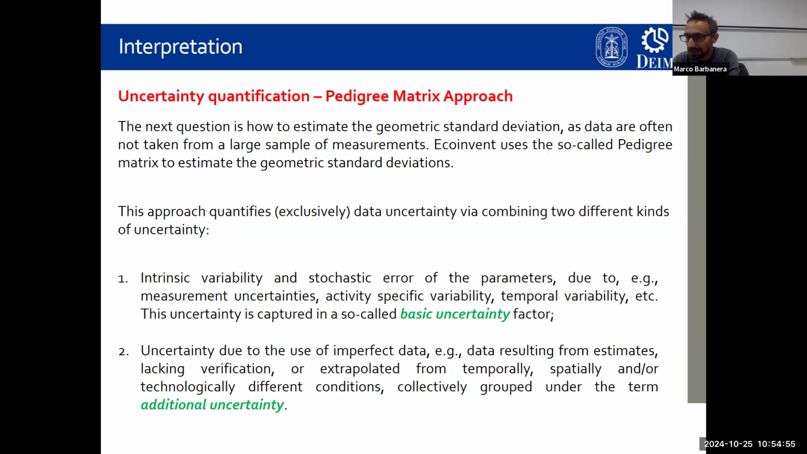Instead, the additional uncertainty takes into account a different form of uncertainty. In this case, we refer to the uncertainty due to the use of imperfect data, for example, data resulting from estimates, or extrapolated, for example, from temporally, spatially, or technologically different conditions, and so on. From these definitions, we can say that, for example,